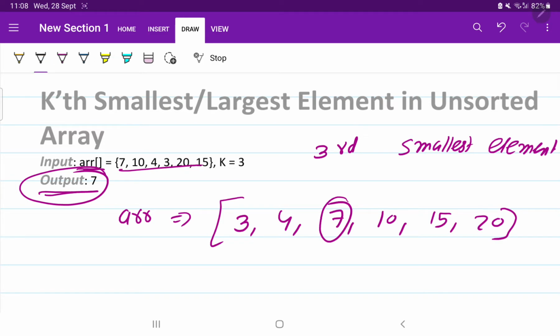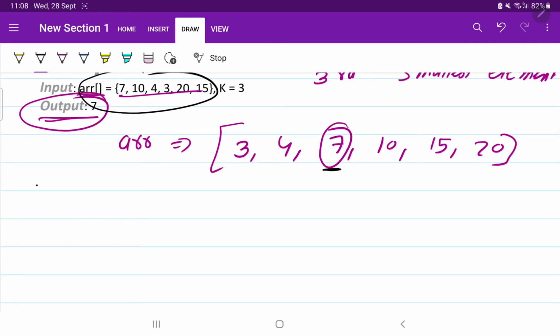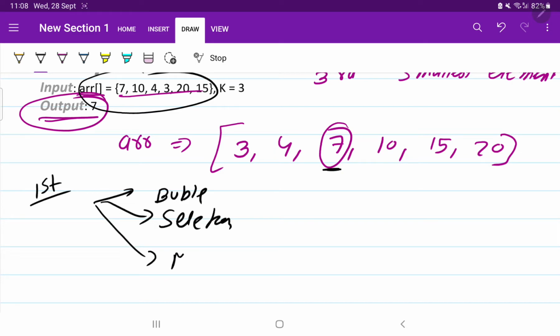As soon as we see the question, the first approach that clicks to our mind is to just sort the array and get the element. Yes, this is the first approach. Sorting can be done in many ways. Either you can use bubble sort, or selection sort, or merge sort.